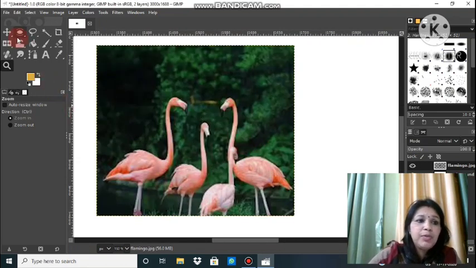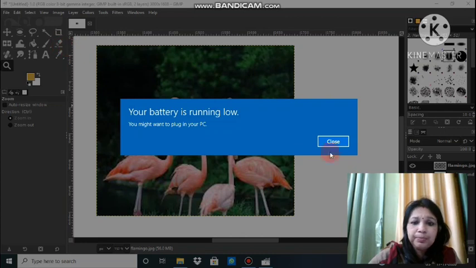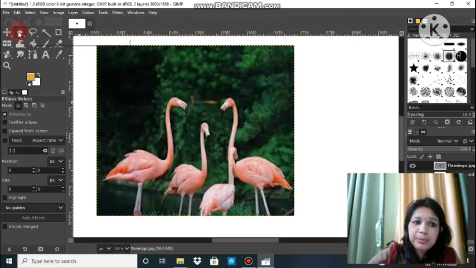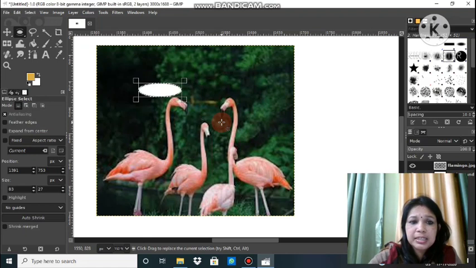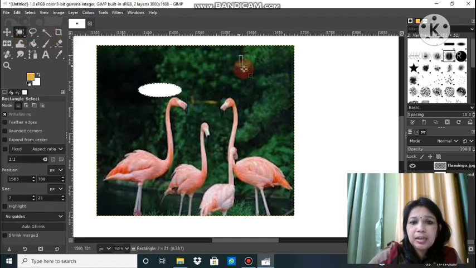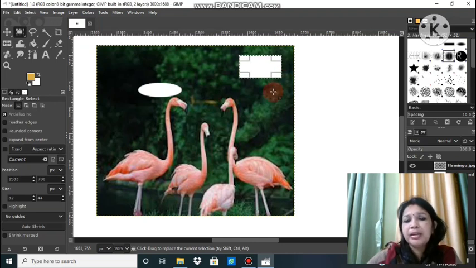Now see, if you want to select any part of the image, then you just click on this tool. Now the elliptical tool is selected, so the shape of the selection will be elliptical. Now the part is selected, press the delete key. That part of the image will get deleted. In the same way, if you want to select in rectangular shape, right click, choose rectangle, click on that, and now press delete. You will see that part get deleted.